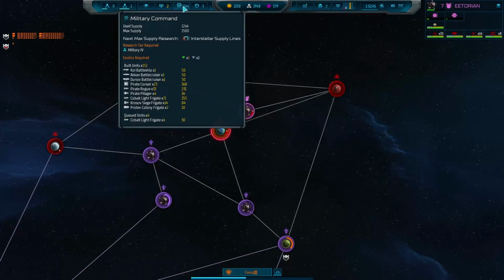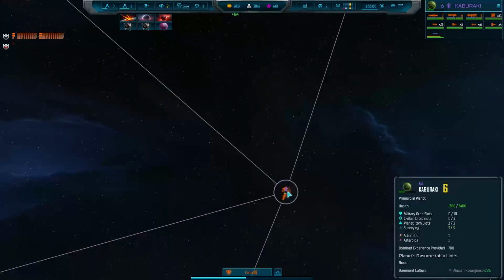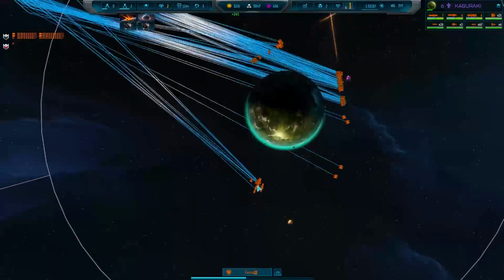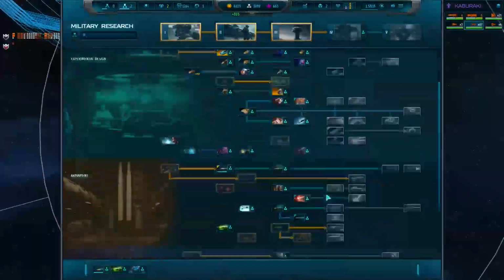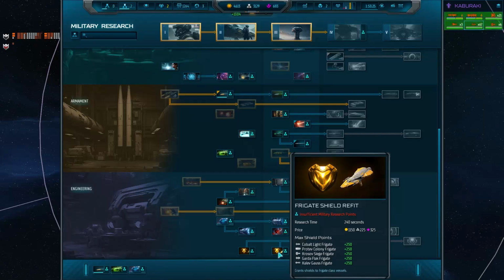Phoenix at 1,200 fleet supply. Really still focused on his pirate fleets with a large contingent of kobolds as well. One thing I am curious, do his kobolds... That's what I thought. So as much kobold as he has here, he is actually missing a key tech, the